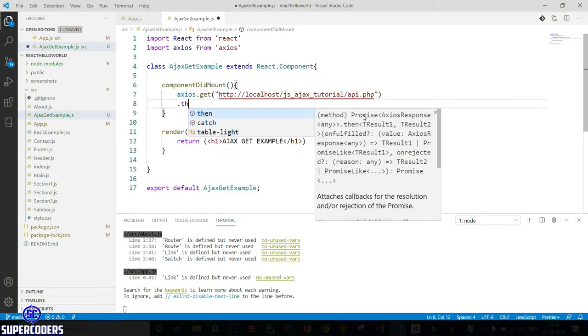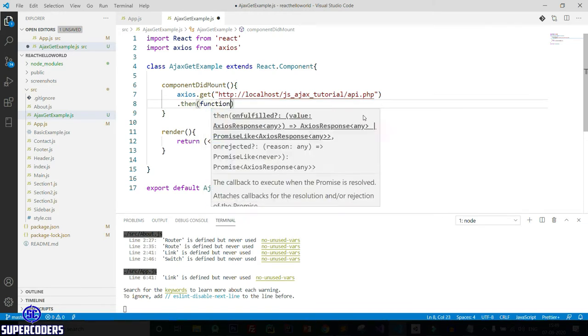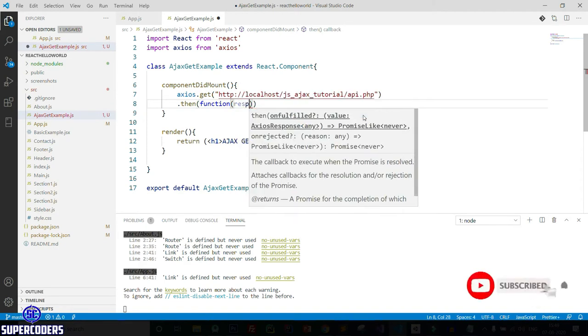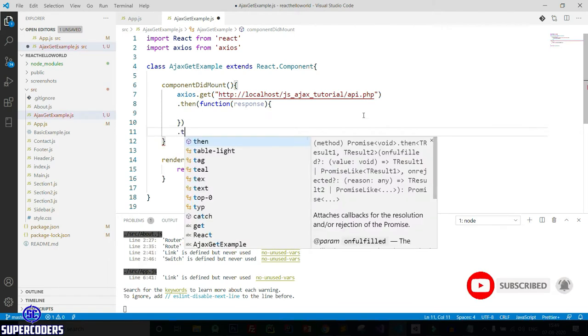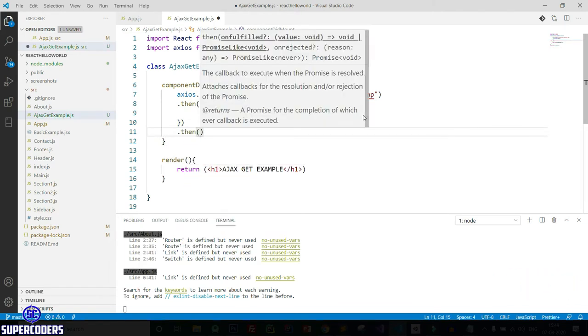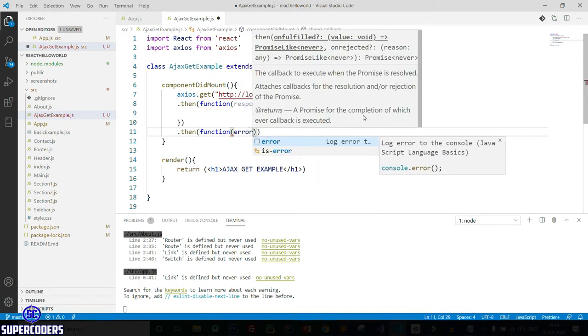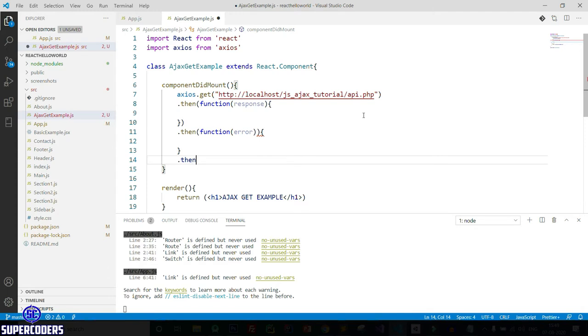Then it returns data in a promise. The first promise is a function with response, then the second promise, which is the failed function, with error, then the final one is always.